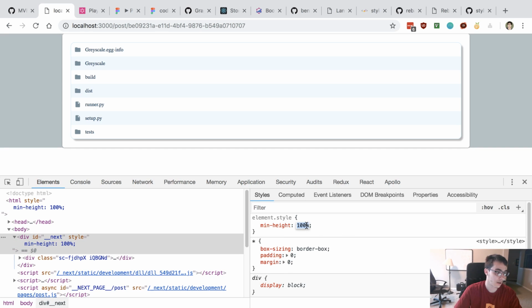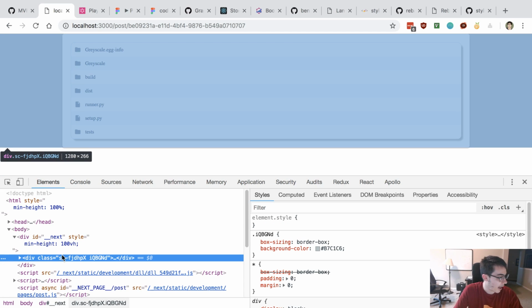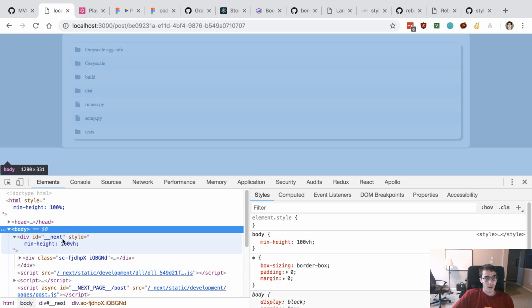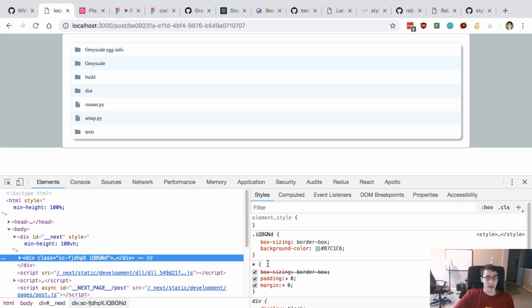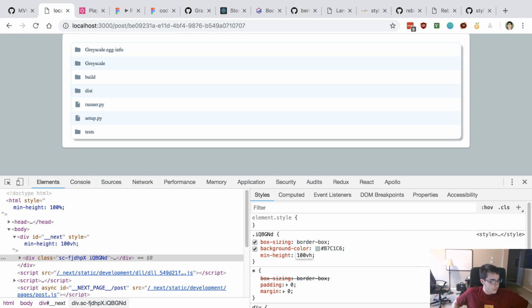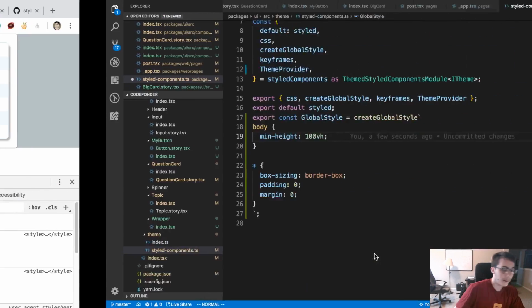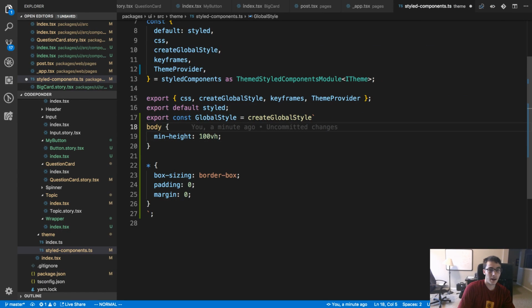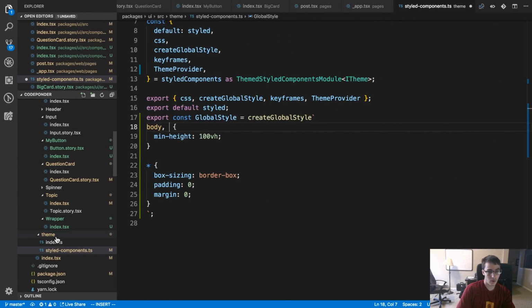Yep, that does not work. View height, that does work. All right, so even if I add min height to all these things, we still need to add it on this background color. Let's see, 100% work? Nope. Looks like we're gonna need to be using view height. So we're gonna add 100% view height on this, and we also added it to the ID with __next.